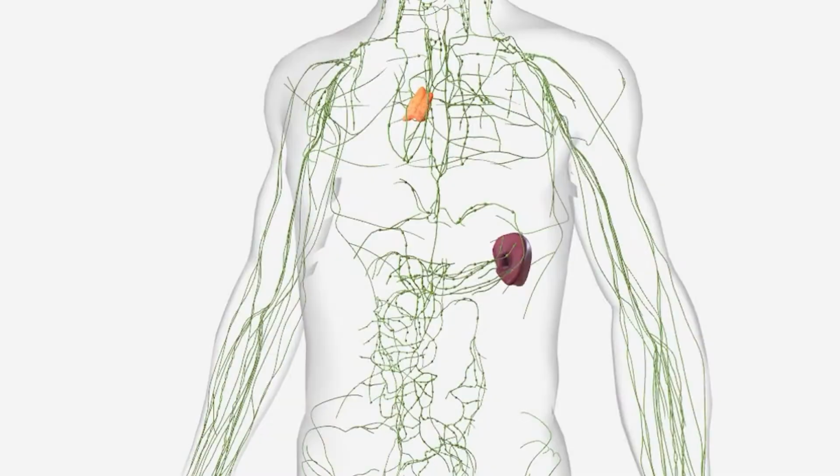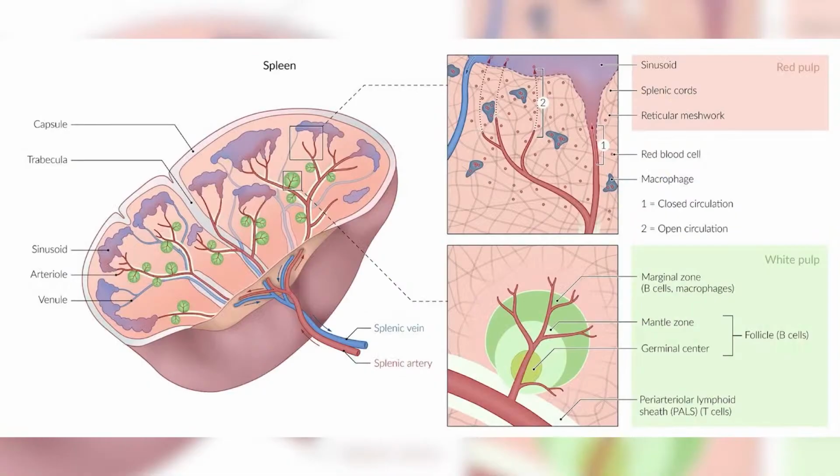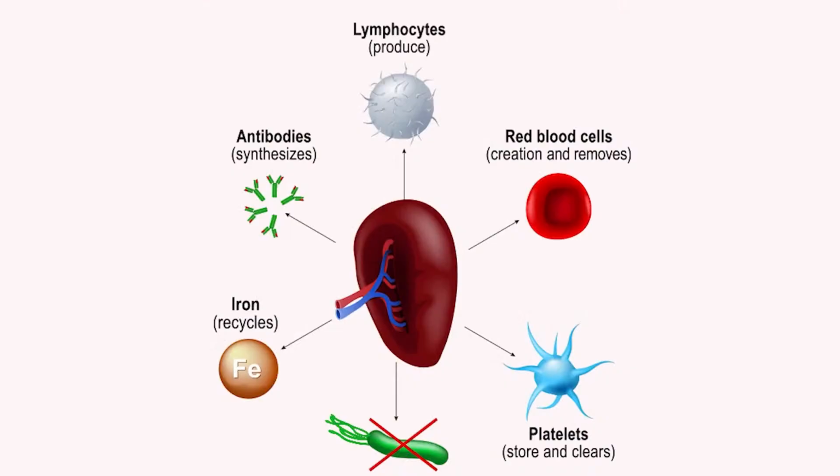Spleen. The spleen is an organ located in the upper left abdomen that acts as a filter for the blood, similar to the lymph nodes. It also plays a role in the production and storage of white blood